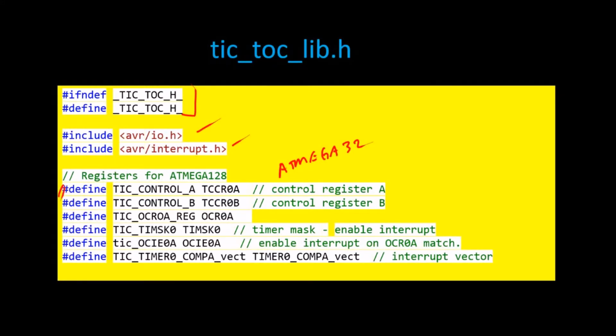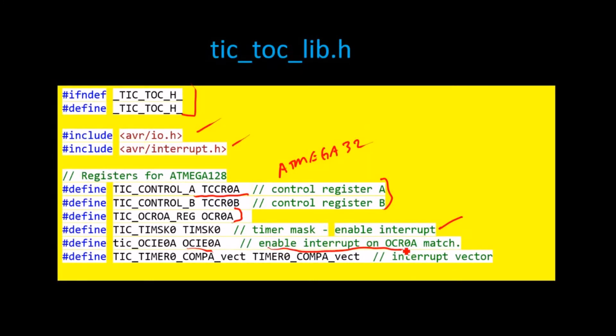Do we comment these out and uncomment the other set of registers? But just be aware, sometimes when you go from an older design chip to a newer design chip, they've made some updates, and some of these register names may change, and you just have to kind of work your way through with it. Okay. We have two control registers. We have that register there where we put in that top value. The timer mask, we'll put a bit in there to enable interrupts,